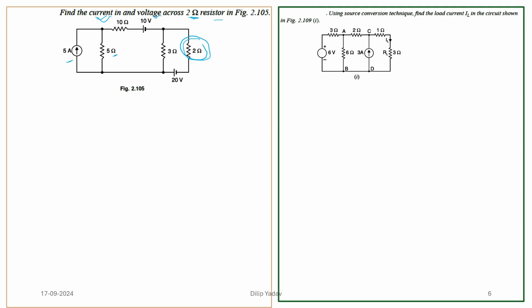By using source transformation, we can convert the current source into a voltage source, or convert the voltage source into a current source. How are we going to approach this, and which will be more helpful for me? If I take the source transformation, it will be 25 volt going there, and the resistance that was in parallel with the current source